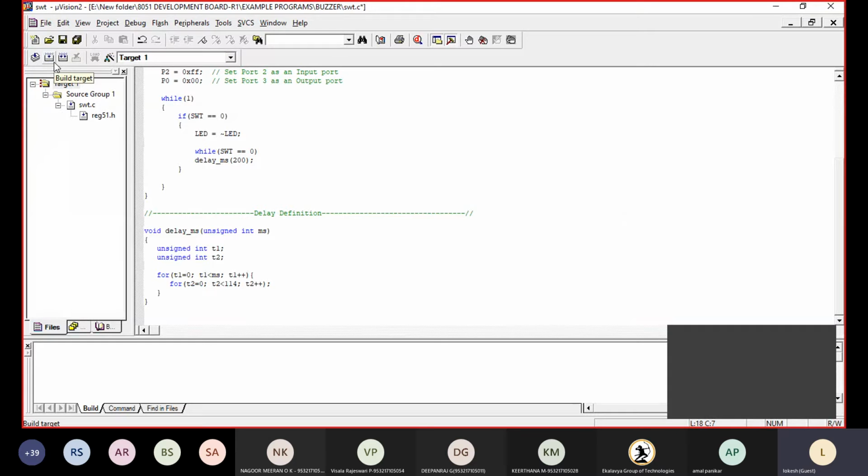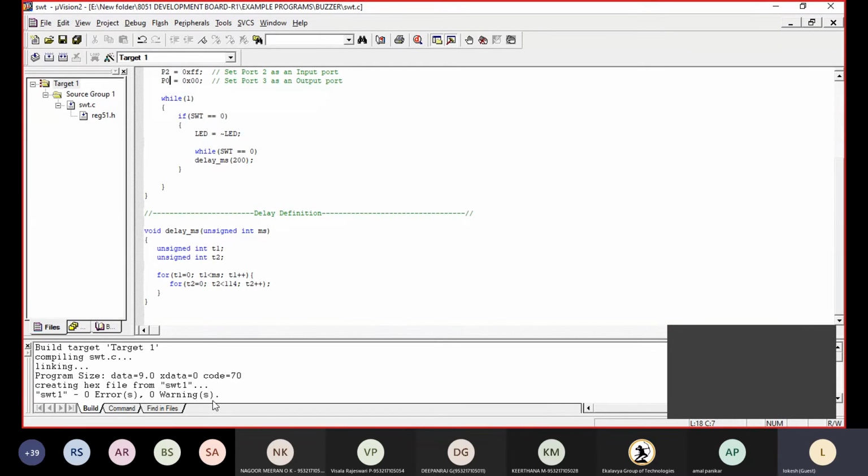Next, build the target first. It will compile and link, and show whether errors are present or not. After that, rebuild all target files. There it will create the hex file from SWT1.